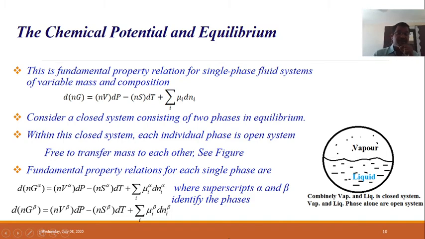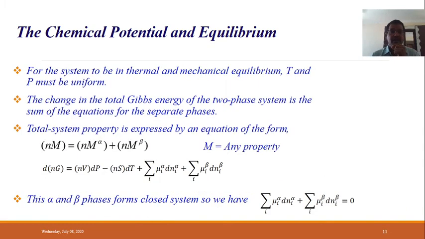So these are the two relations which are written for these two single phase systems with variable composition. And when you are talking about this complete closed system, vapor plus liquid, that is a closed system here. So then there is no change in mass in a closed system, because it is a total vapor and total liquid added together. So the total number of moles will remain constant there. It will not change definitely. So if I add vapor plus liquid here, then you can say it is a closed system.